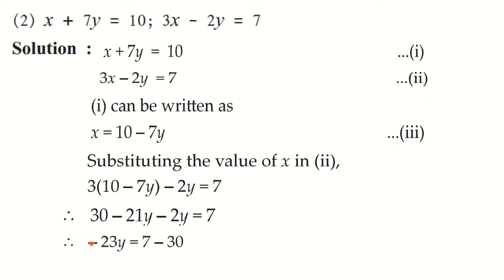Okay. So minus 23y. And in the same step, this 30 is shifted to right hand side. Okay, so 23y here is negative. Why? Because both the terms are negative. You can see this. Now here also see, the signs are opposite, so you need to subtract. 30 minus 7 is 23, but minus 23. So what we got here? Minus 23y is equal to minus 23. And from that, value of y we will get as 1.